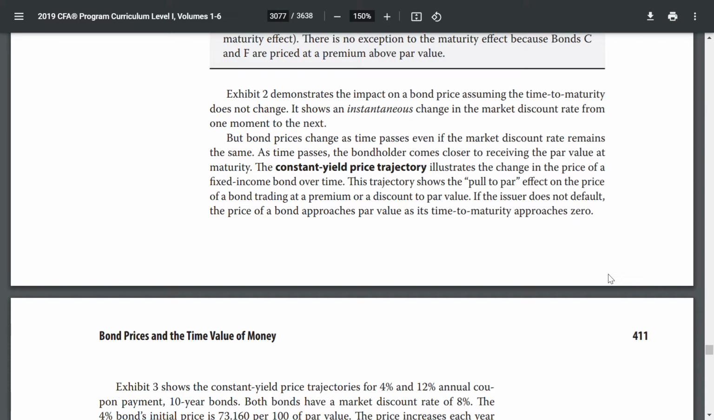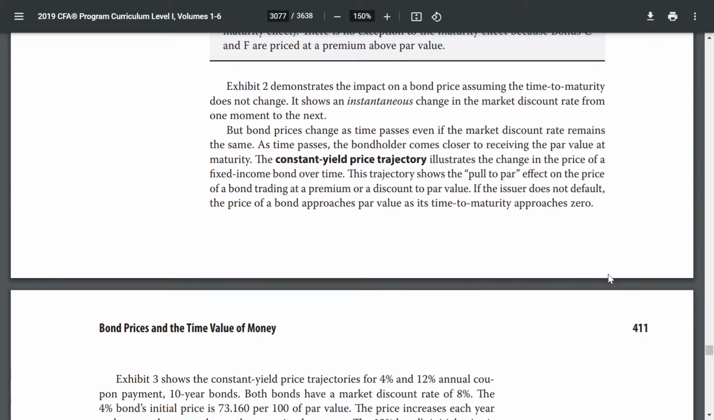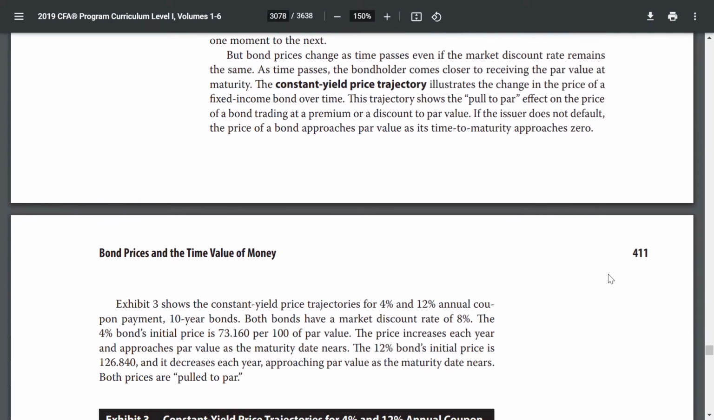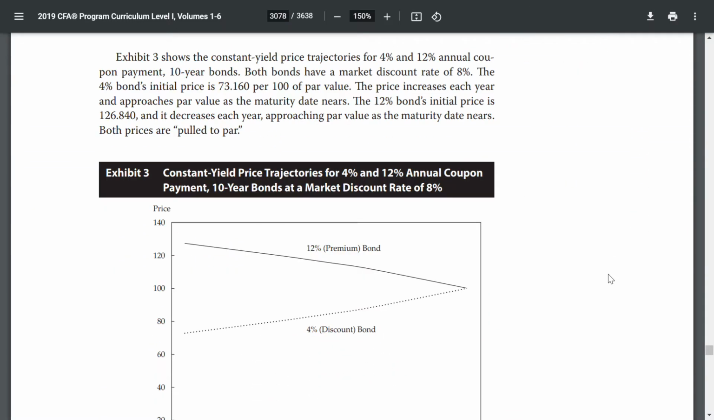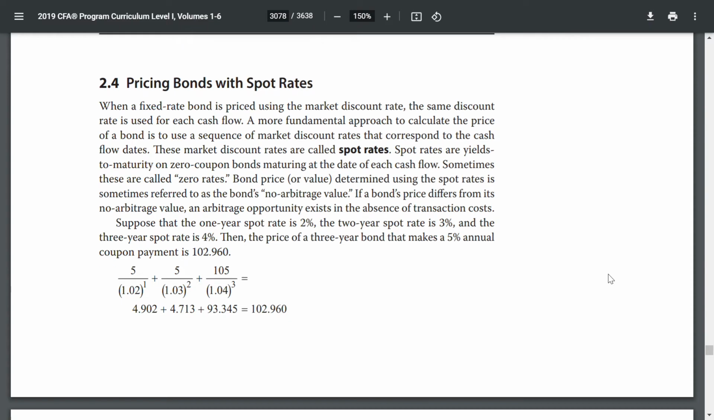The trajectory shows the pull to par effect on the price of a bond trading at a premium or a discount to par value. If the issuer does not default, the price of a bond approaches par value as its time to maturity approaches 0. Pricing bonds with